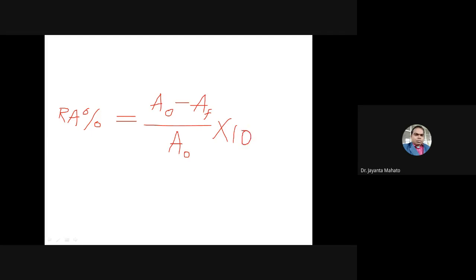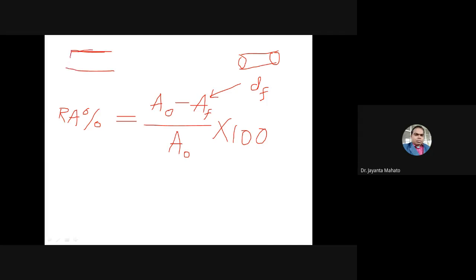So you get it in percentage. Okay. So this AF value can be calculated by taking the fracture diameter, the diameter of the rod after fracture.